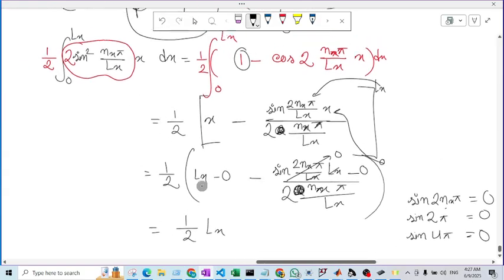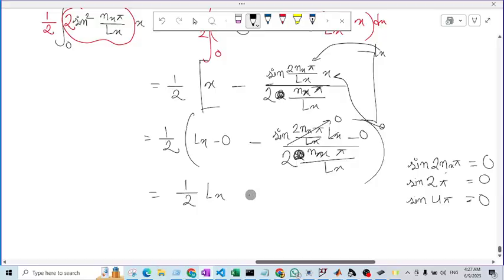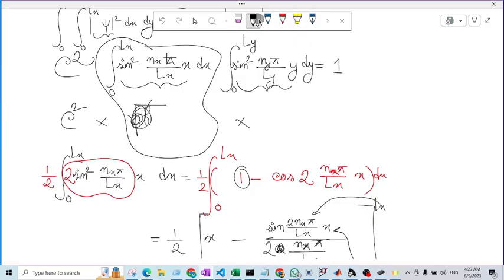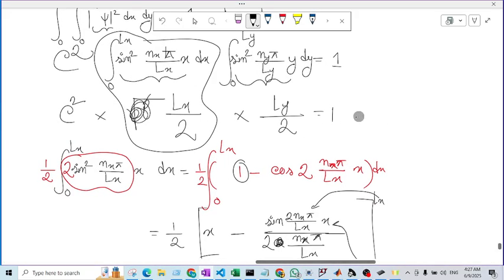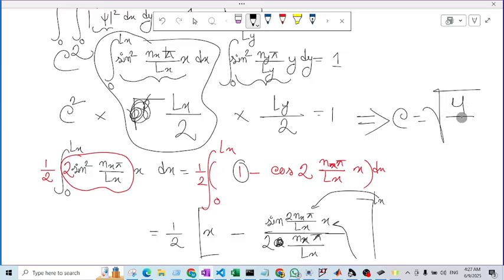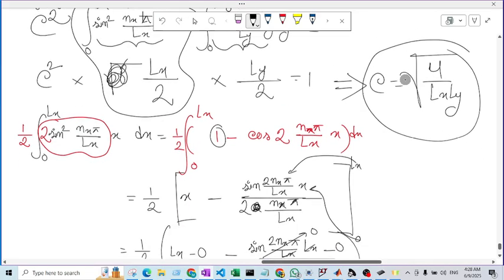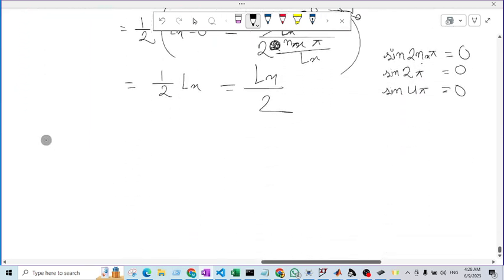Oh, so I have made a mistake, right? So it is Lx by 2, not 2 by Lx. So it is Lx by 2, and similarly it is Ly by 2. So from here I will get the value of C, root over 4 divided by Lx Ly. Okay, so I have obtained C, and now I need to find psi, which is equal to psi x into